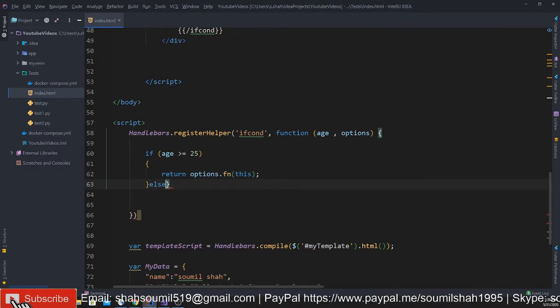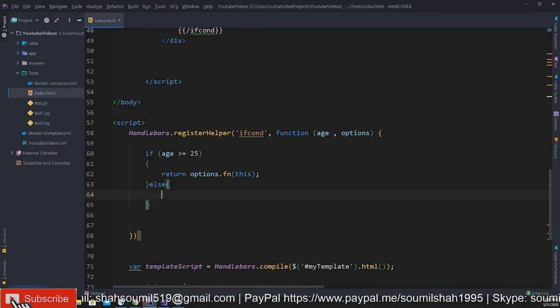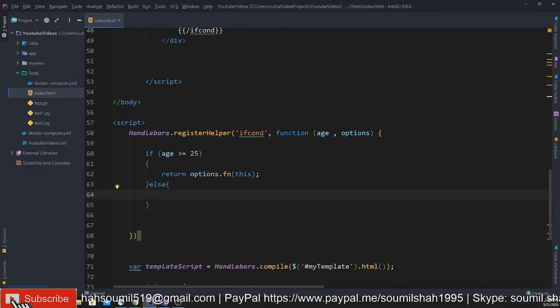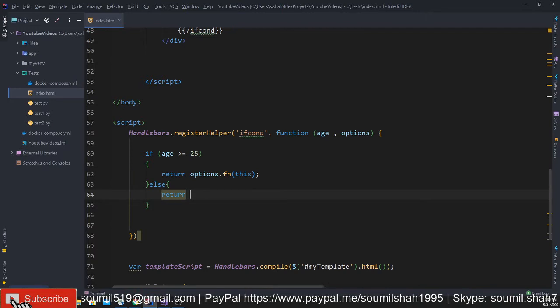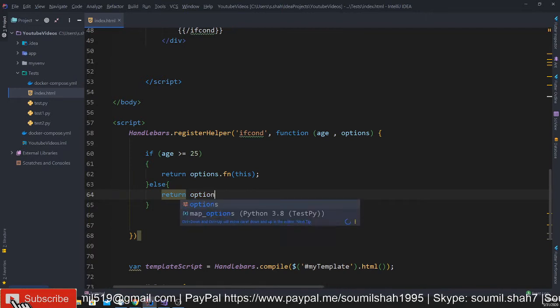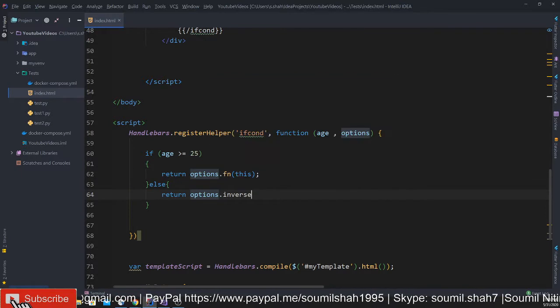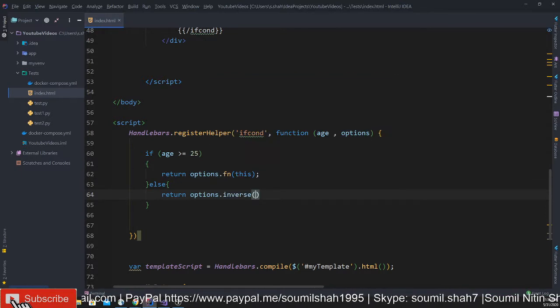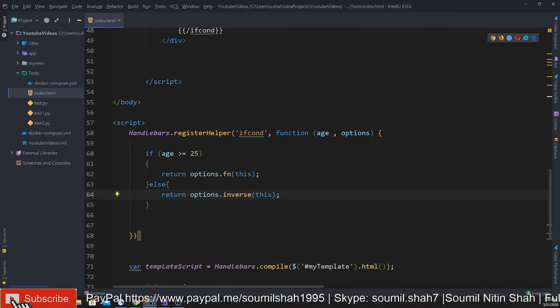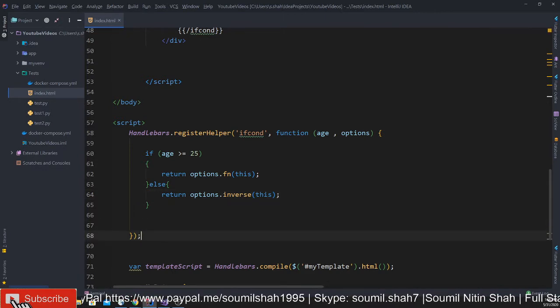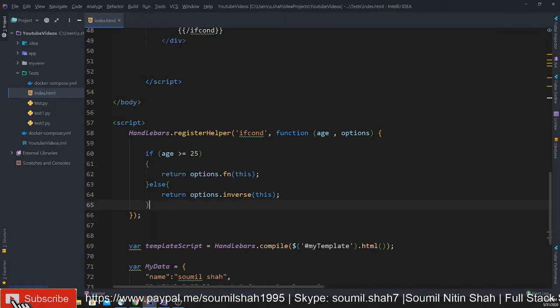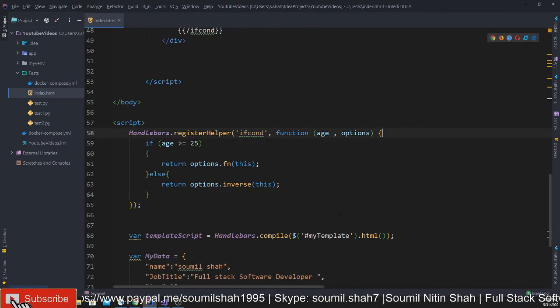Else, what I'll do is basically return options dot inverse, and we'll say this. Don't forget the semicolon at the end. So we have registered our helper. So the ifcond is now registered.